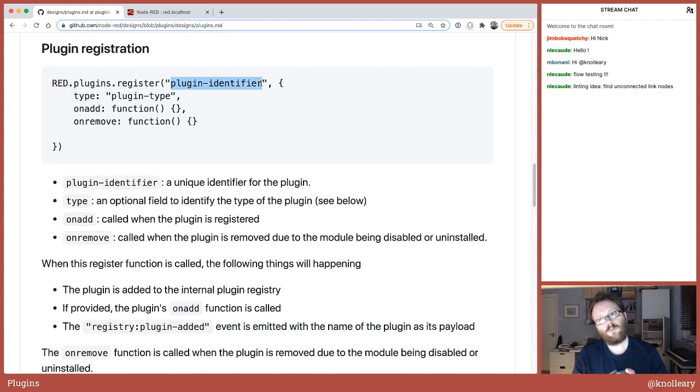So a difference between nodes and plugins is obviously you're registering a type of node that gets added to the palette, and then the user can create many instances. This is different. A plugin is registering itself, and it's a singleton. There's just an instance of the plugin running in the editor. So yeah, it gets registered with an identifier. It might have a type property, and